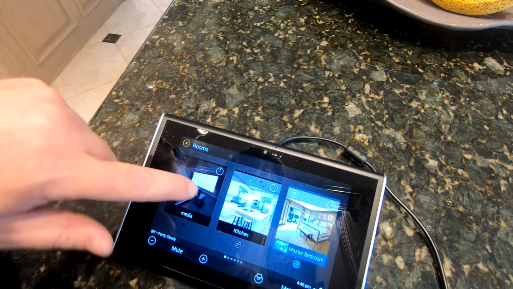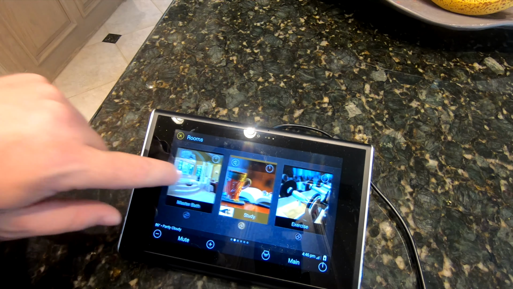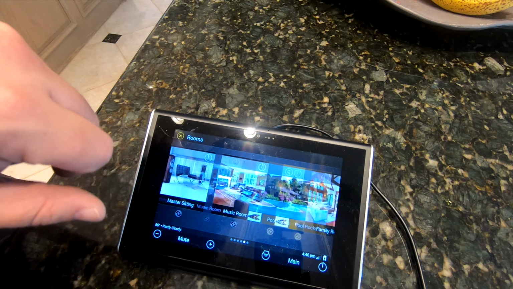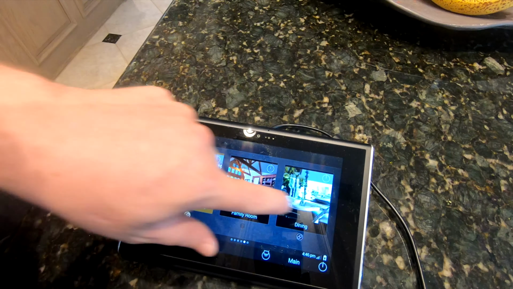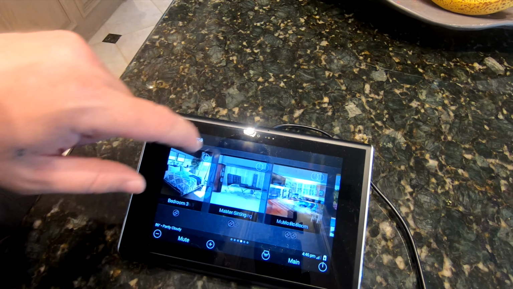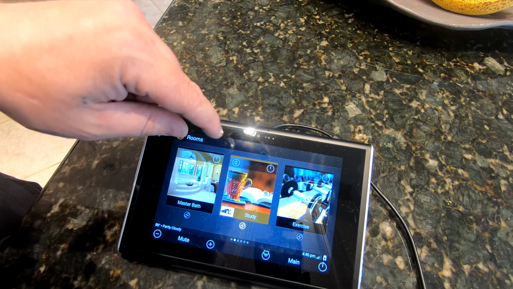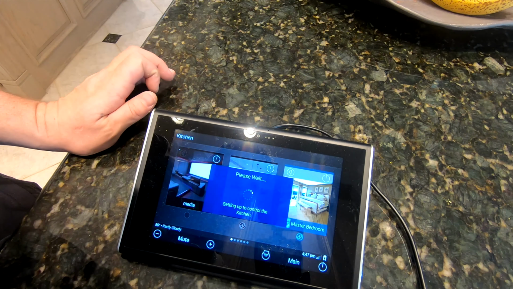So, as you can see, this house has multiple rooms. Very giant project here. Right now we are in the kitchen, so we can go and select. We can go through the rooms here. You can see what the rooms are doing. There's music playing on the pool rocks. There's music playing outside. Whatever room you want to do, you can go through here. Today we were looking for the kitchen, so if I hit kitchen,